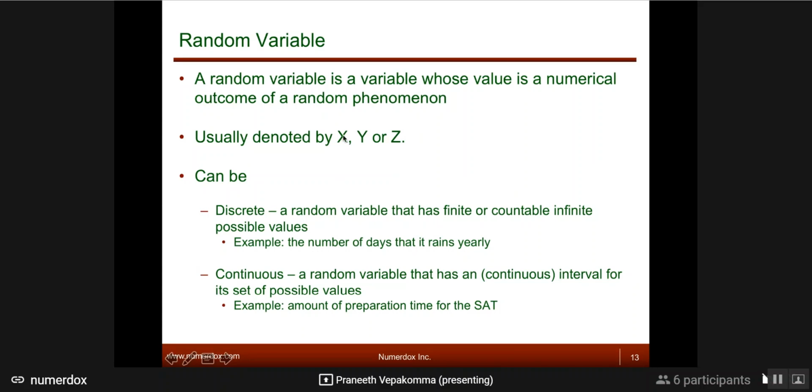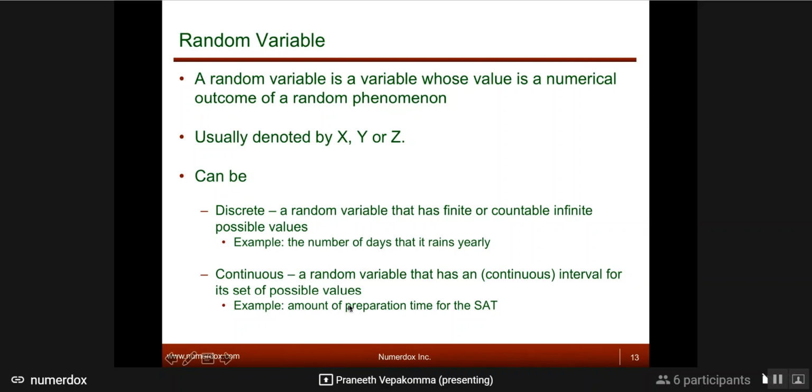Now, X could have as well been a continuous random variable where you have a probability density function defined for whatever numeric number between negative infinity and infinity. Any number you give me, I can give you the probability, right? Then it's a continuous random variable. It is defined not only on rain or not rain. It's defined on a lot of things. So what is the probability? So an example would be, so he gave a preparation example here, right? Amount of preparation time for the SAT is a continuous phenomenon. But then what is the probability of getting a score of 300 or 1600 given the amount of preparation time?